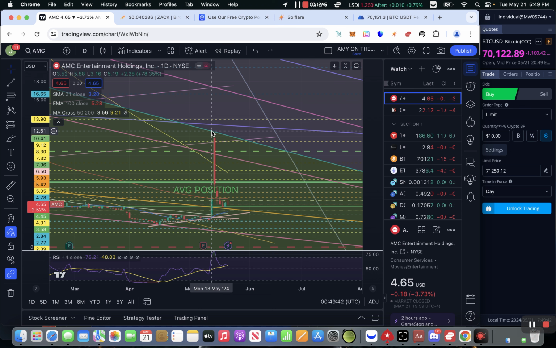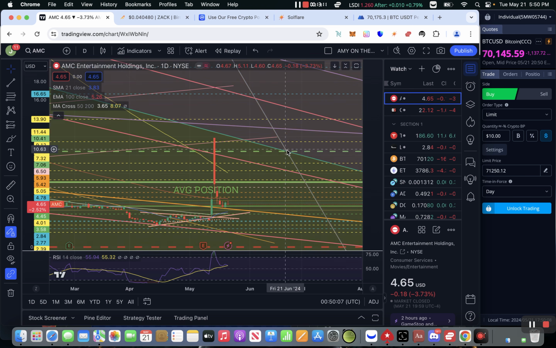I believe last week we hit 340, something like 350. I'm not sure what the price action was pre-market, but it was somewhere over here. It crossed over here, and it got massively rejected. But this line is going to be essential for AMC, as well as this one right here, which is the ground zero line. So I want to show you guys something in GameStop, okay?